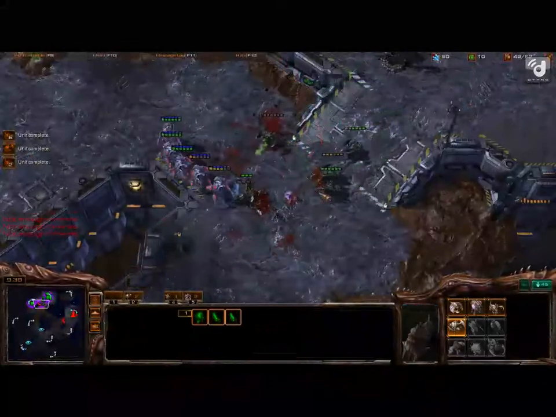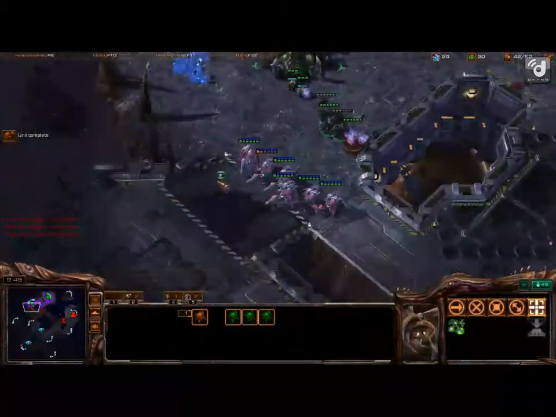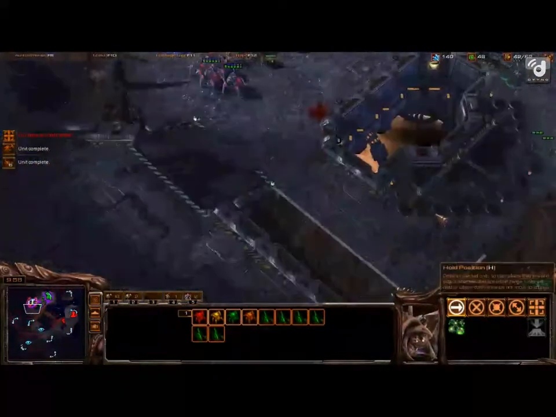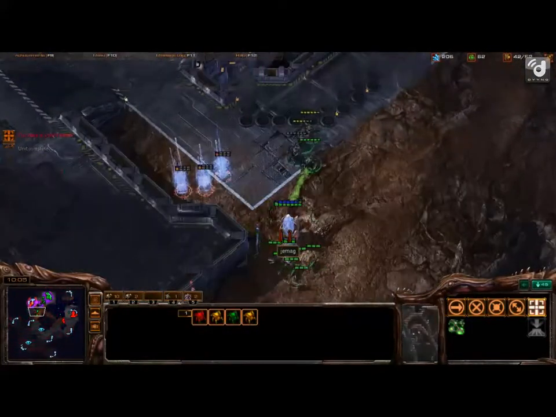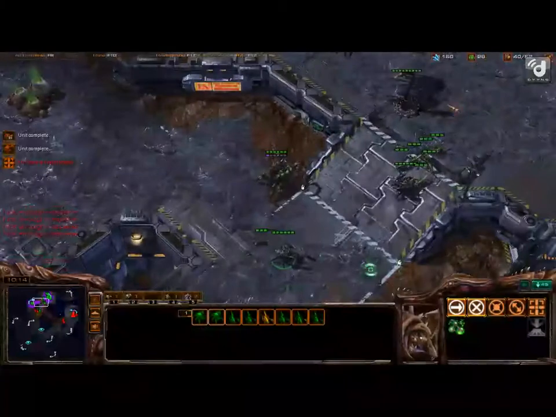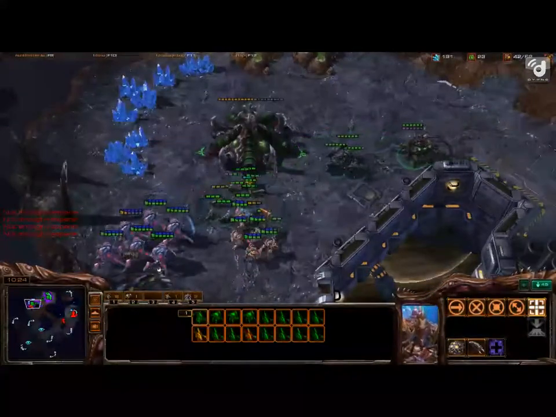Pretty good micro. Now it's just the roaches. I mean, this isn't all in. If you can get enough lings out here. He's looking at those roaches and he's thinking, okay, I need to make stalkers. Pick off that pylon. You know the pylon's there. The pylon's actually what's killing you. Your queen's off that hatchery, which hurts. She's not able to...